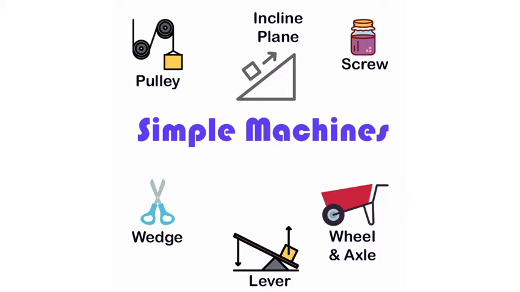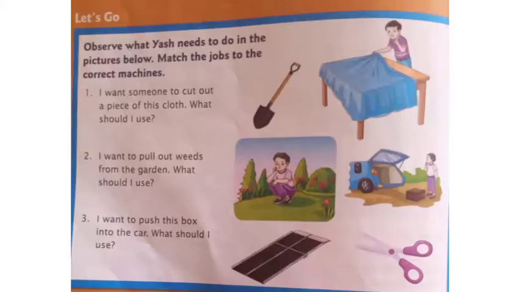What are the works we can do? Pushing, pulling, and lifting. These are the common forms of work. A tailor does work when he cuts cloth. A gardener does work when he pulls out weeds. A pair of scissors helps the tailor to cut cloth. A ramp helps the laborer to push heavy things easily, whereas a hand shovel helps the gardener in pulling out weeds.